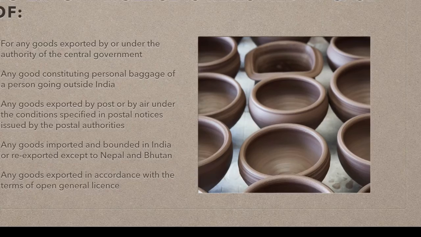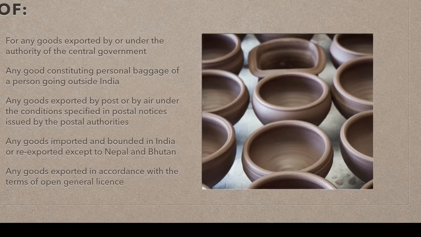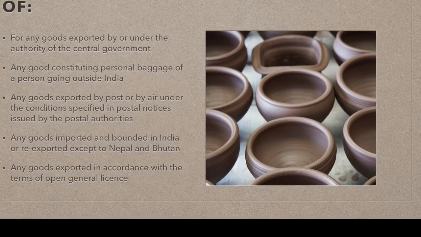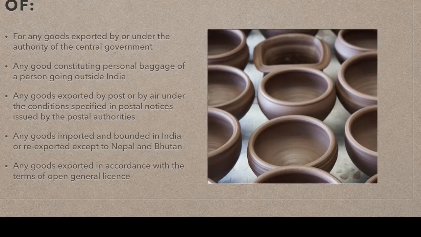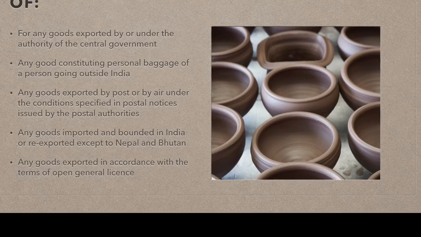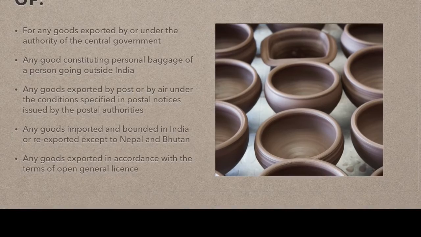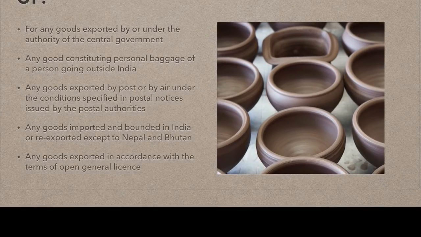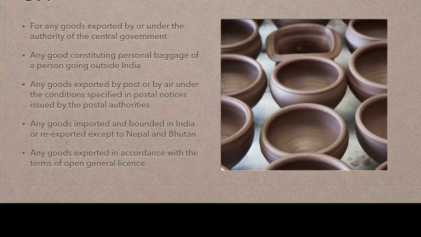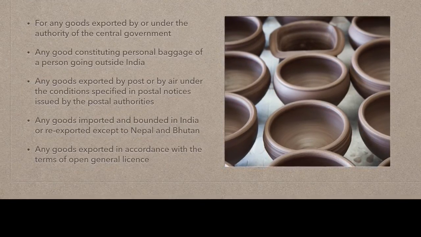No export license is required for any goods exported by or under the authority of the central government, or any goods constituting personal baggage of a person going outside India, or any goods exported by post or by air under the conditions specified in postal notices issued by the postal authorities, or any goods imported and bonded in India or re-exported except to Nepal and Bhutan, or any goods exported in accordance with the terms of open general license. But for all other cases,